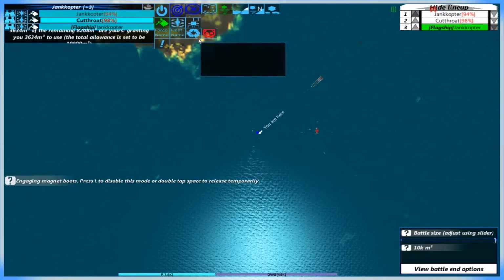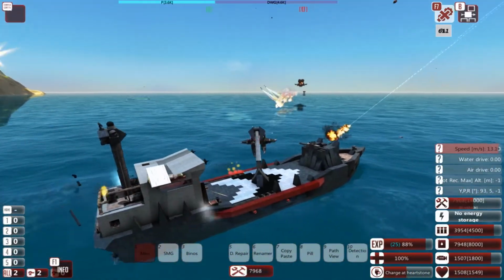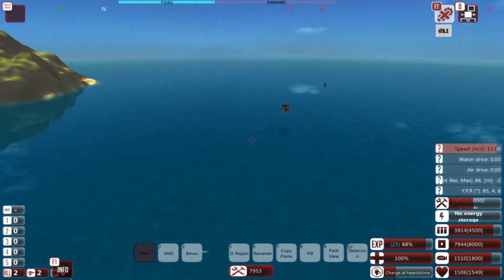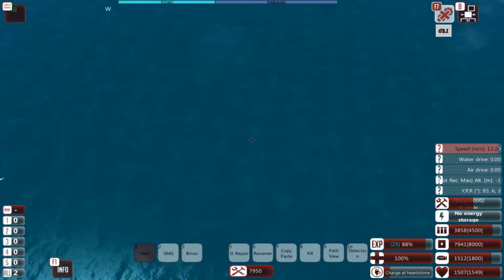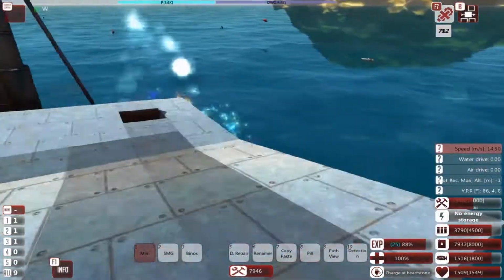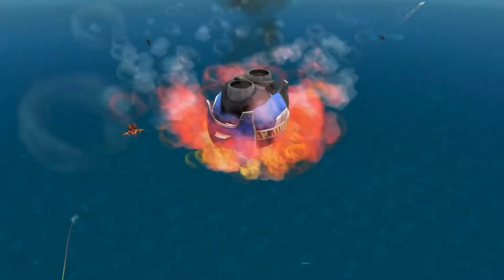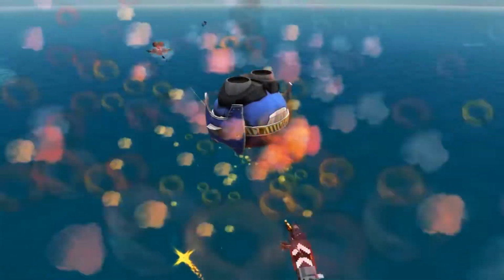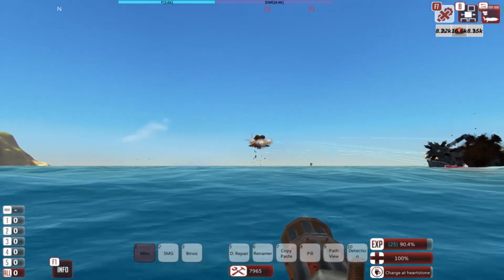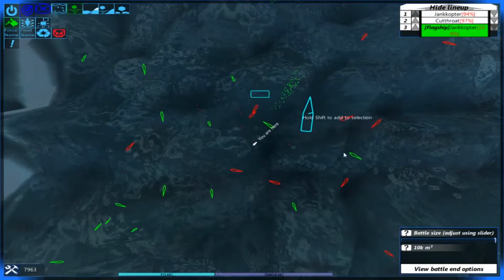Let's spawn at the cutthroat. Try and keep it repaired. All those missiles from the frantic chicken are really painful. I want that thing taken out. Do I have a command console here? Nope, I'm dead again. That frantic chicken is doing a real number on us. I never thought I'd be saying those words. You bastard. I don't think that's gonna do us any good. But...